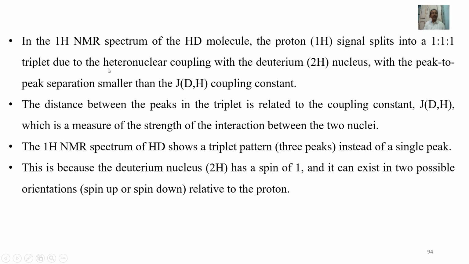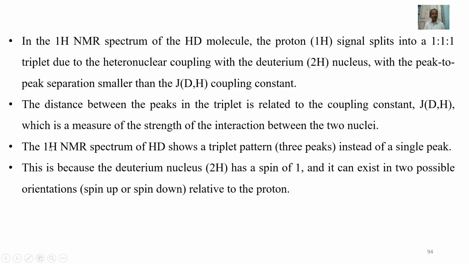In the proton NMR spectrum of the HD molecule, the proton signal splits into a 1:1:1 triplet due to heteronuclear coupling with a deuterium nucleus, with a peak-to-peak separation smaller than J, which is a function of the D–H coupling constant. The distance between the peaks in the triplet is related to the coupling constant, which is nothing but J. It depends on the D–H coupling,